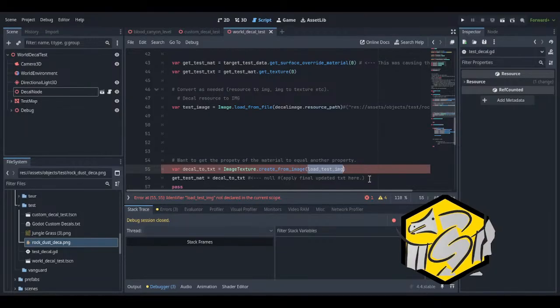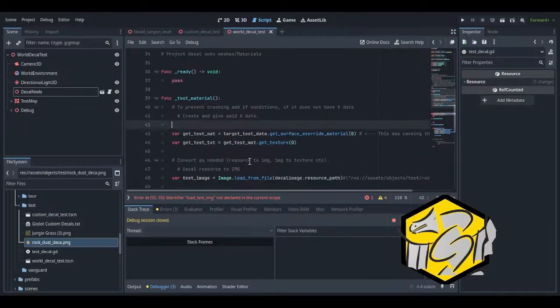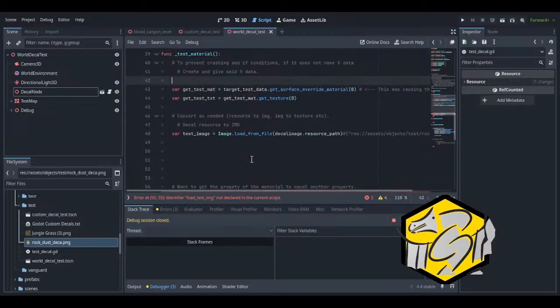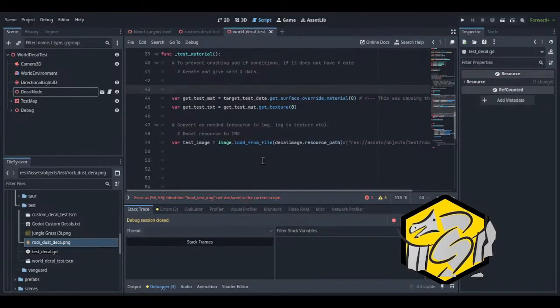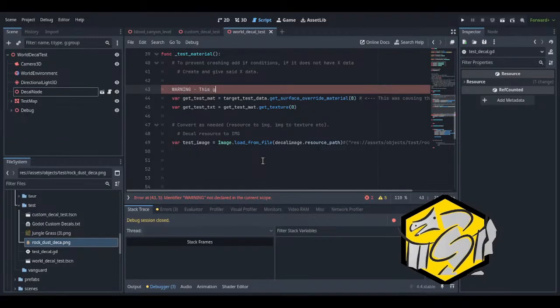Vertical to texture, image texture. Warning. This gets the decal test plane's material, which is blank.